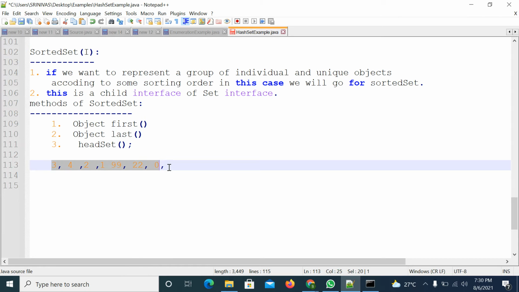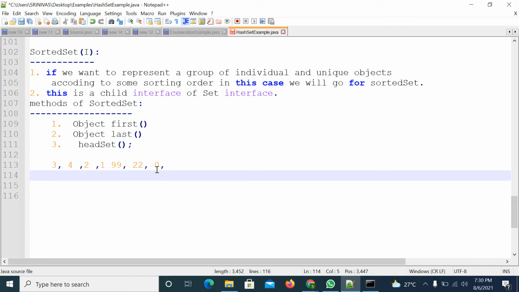If you insert the elements to the sorted set in this way, the elements will be sorted according to some order, either ascending or descending or some customized order. If it is added in ascending order, the elements will be 0, 1, 2, 3, 5, 22, 99.